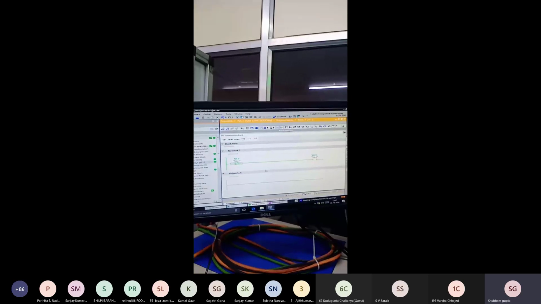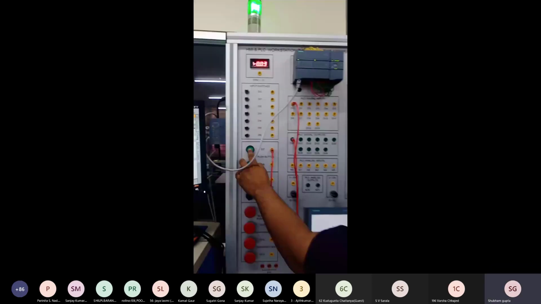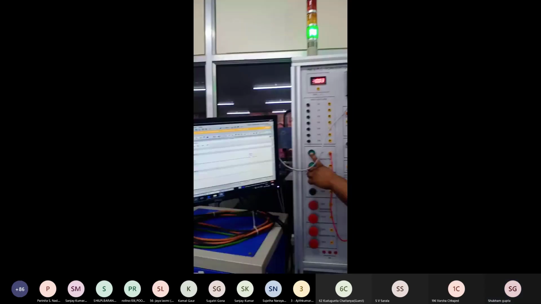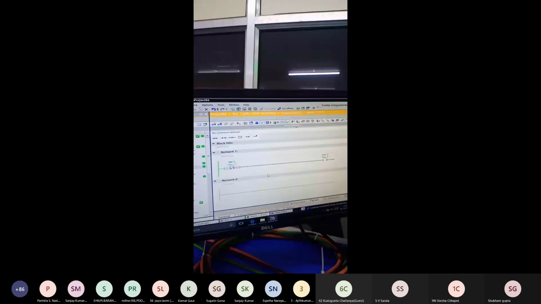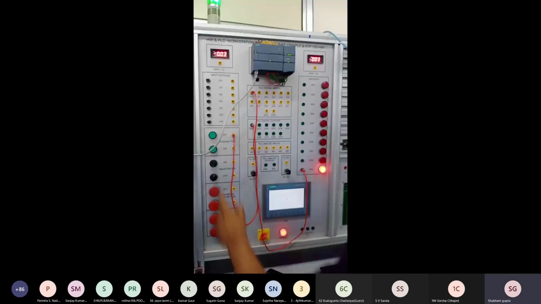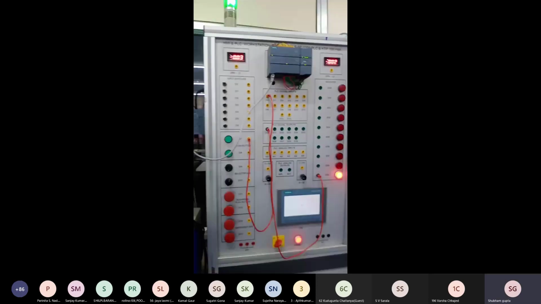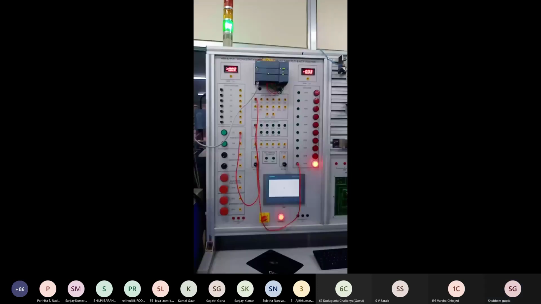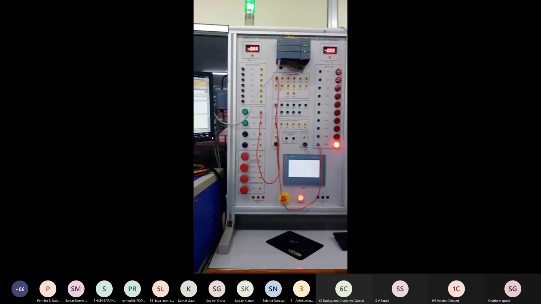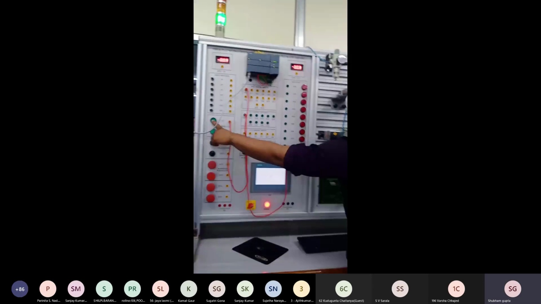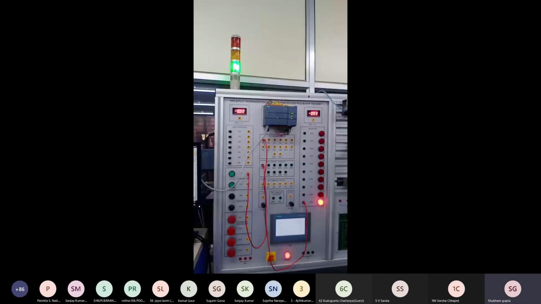But when we press it, the light goes off, and when we release it, the light glows on. Means when we energize the coil, output gets off. When we de-energize the coil, output gets on. Okay. When we press it, the output glows on in that program.